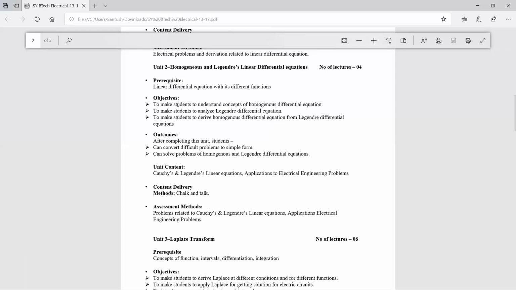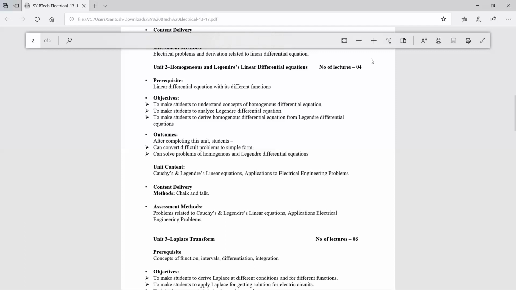Outcome of this unit: after completing this unit, the student can convert different problems to a simple form, and from that he or she can easily solve. Second outcome of this chapter: can solve problems of homogeneous and Legendre differential equation. Now see the content. Here are only 3 contents in this chapter. This is a very simple and short topic. Cauchy's and Legendre's linear equations,